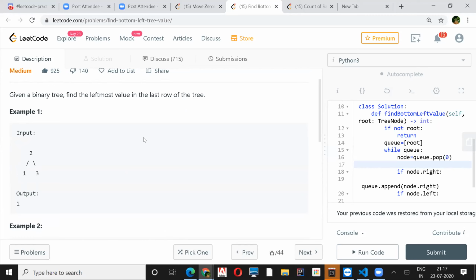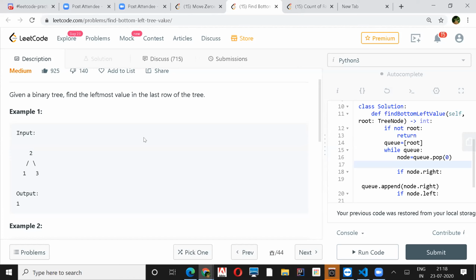We just have to find the leftmost value in the lowest level. It can be in the right subtree or the left subtree. Only the value should be the first one in that level.